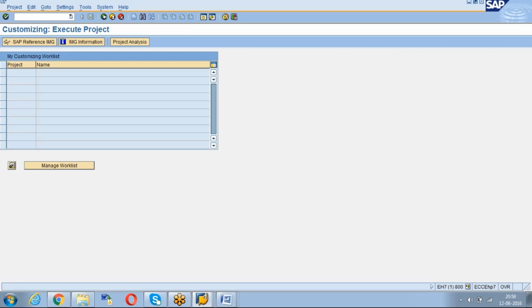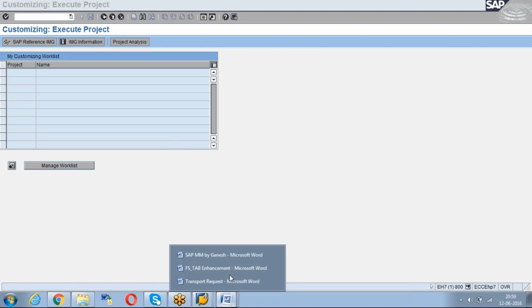For example, one is for configuration, one is for ABAP, one is for testing. If you make any changes, you have to move from one client to another client by using the transaction code SCC1. That's what I explained to you. But that is only for customizing changes. If it is a workbench change, it will automatically be visible in the other clients.